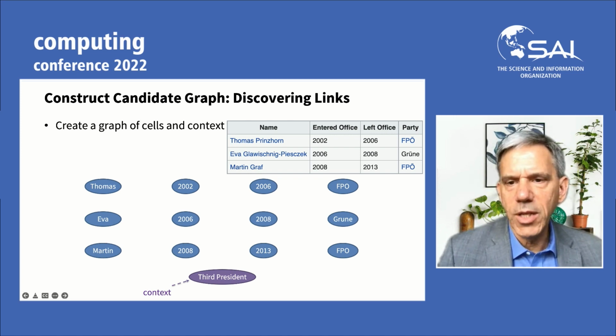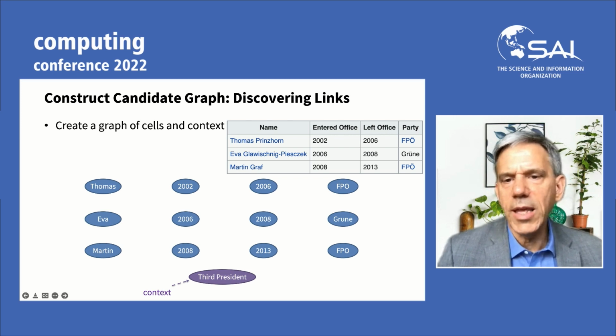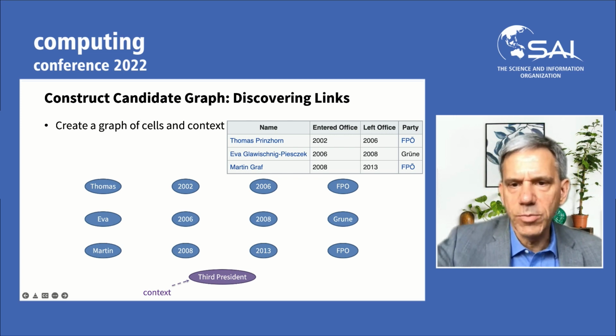So the table is in the upper right-hand corner here. And I've essentially just created a graph where I take each cell of this table and it has a corresponding node. And I've abbreviated things here. So for example, I don't write out Thomas Prinzhorn because it's too long for my slide. So this node Thomas here corresponds to the first